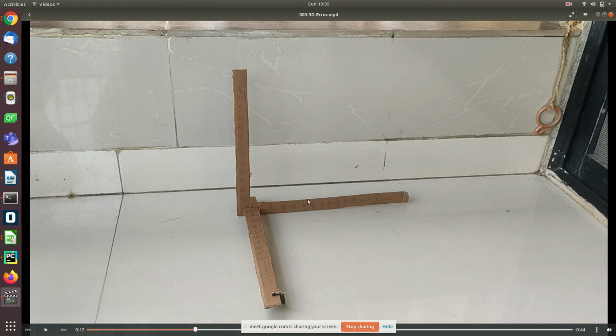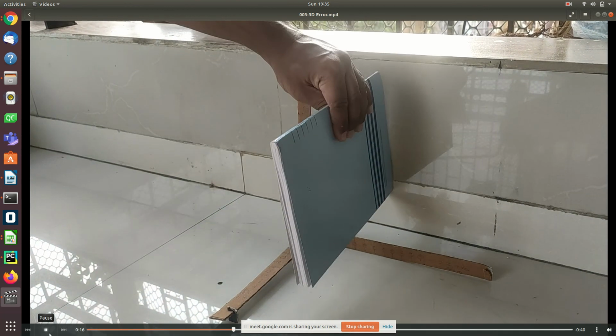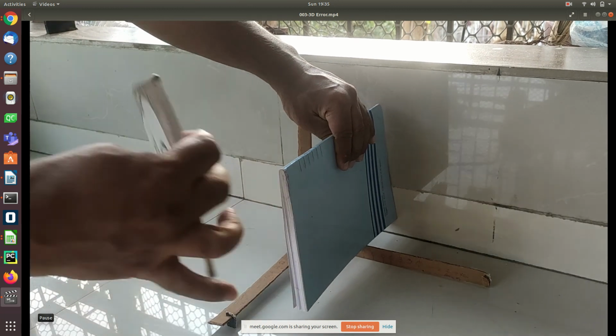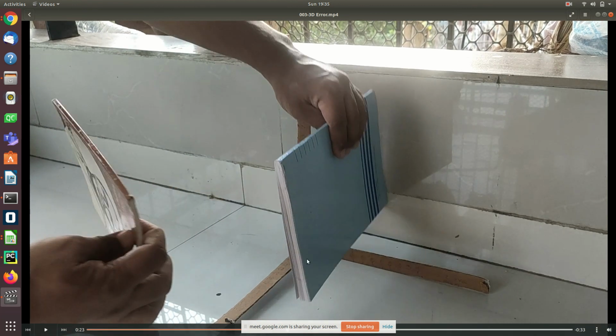Here the x is not this line, the whole plane is x. I just put a notebook and you can imagine. In 2 dimension it would be a line, in 3 dimension this whole plane is x equal to 2, okay? 2, 3, whatever. Now this is one more. When two of them meet, you have a line. When 3 of them meet, you have a point. Just like the 2 walls of a house, if you raise this up it is the roof, down it is the floor, okay?